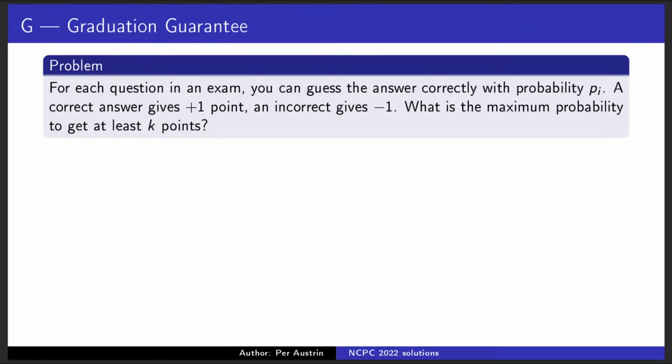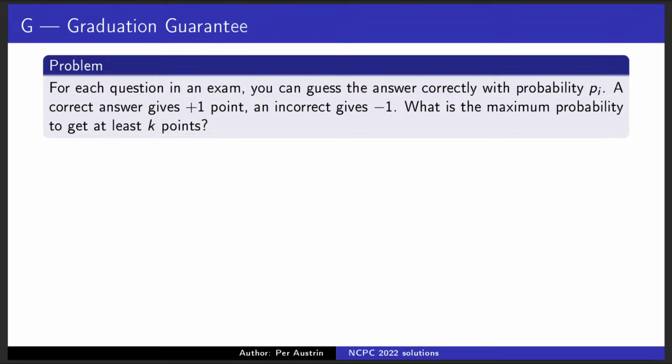But if we know for each question the probability of guessing correctly, what strategy should you have? Which questions should you answer? What is the maximum probability of getting the required K points? That's this problem. So first of all, when solving this, we need to decide which questions we should answer,